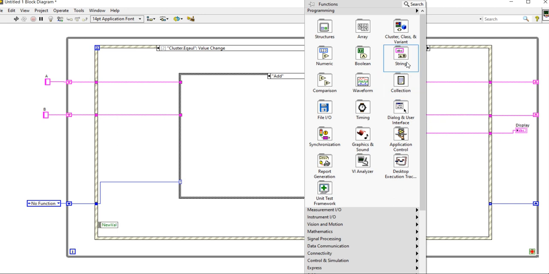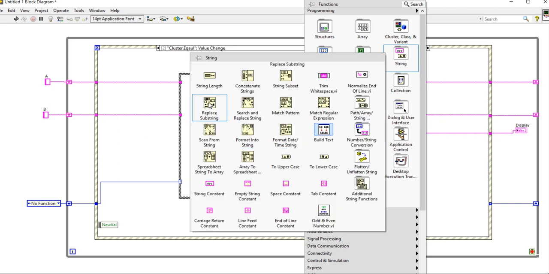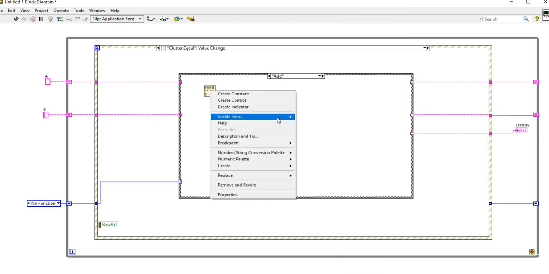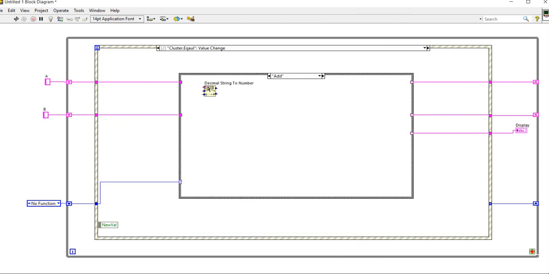Now come here, string, and now let's convert our string into the number. Why? Because we cannot add two string characters, so we need to convert the string into the number. So I am taking these functions here. Again, after that I am taking these functions also here.